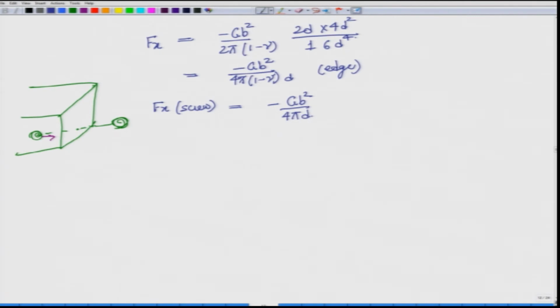It will only happen in this particular case when this force is greater than the resistance to the dislocation movement. So, only if Fx is greater than resistance to movement, this Fx will lead to,